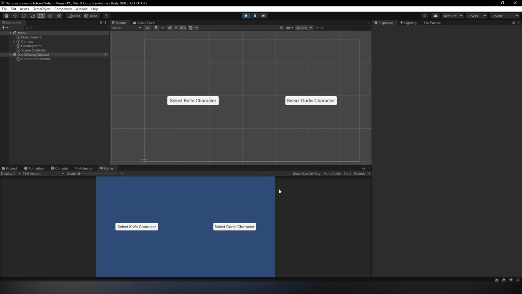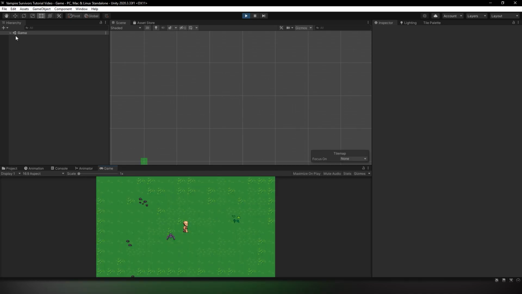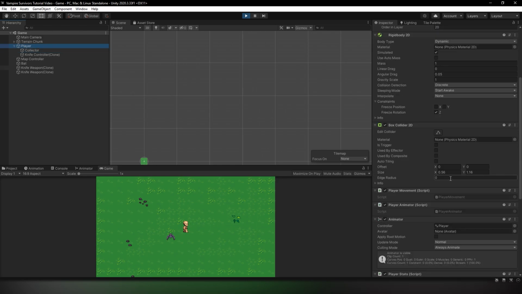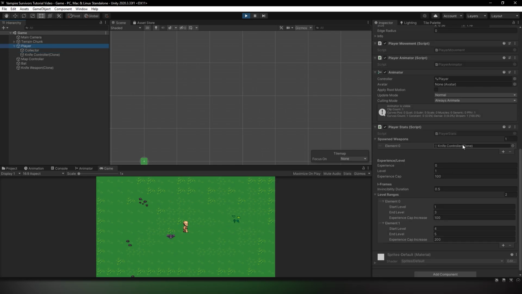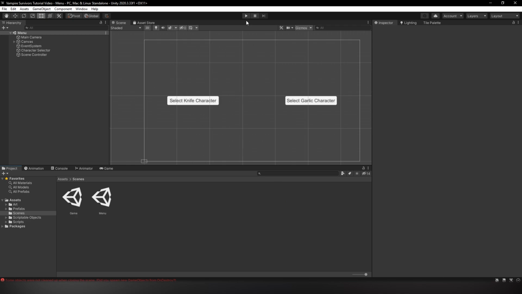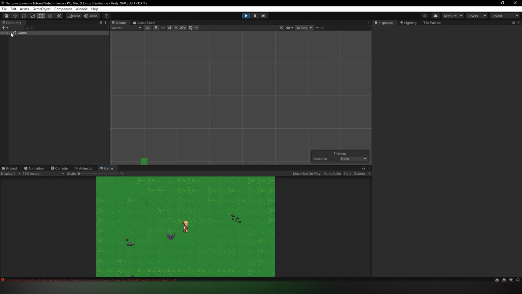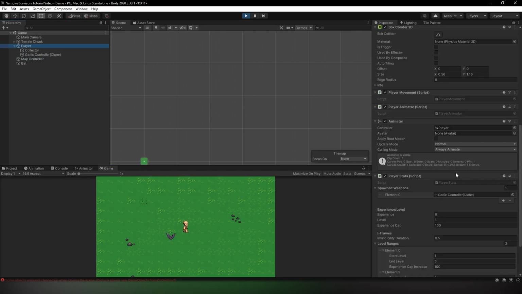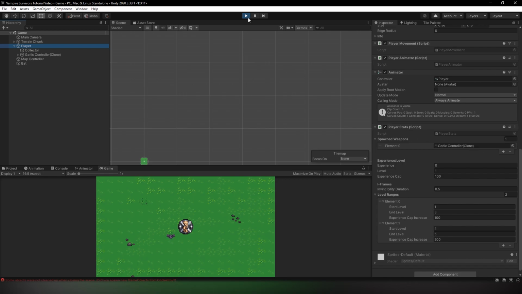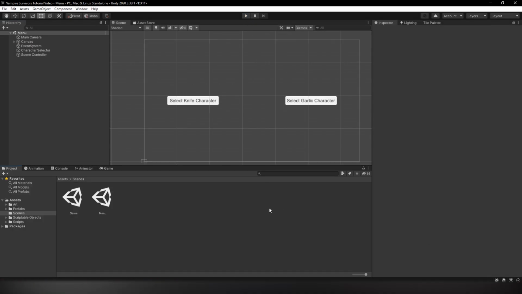When transitioning to the game scene, you should see that the chosen weapon controller spawned as a child of the player, and it will be visible in the list of spawn weapons in the inspector. Awesome! That's all for this part. In this part, we went through how to create add-on features for characters, including selecting a character and spawning their unique weapon.